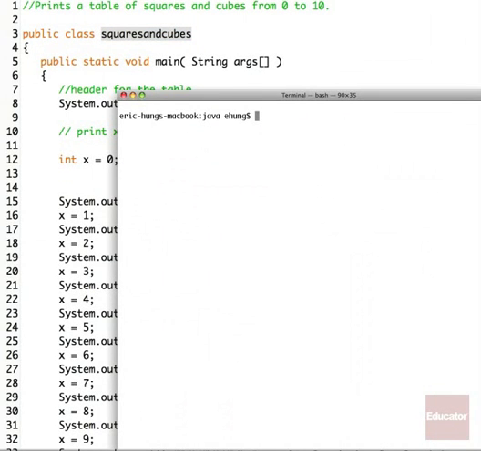All right, so I have pre-compiled all the programs that we're going to use in these later lessons. Because we already covered how to use the javac command to compile and convert your .java files into .class files, we won't be going through those steps anymore. I'm just going to assume that we know how to do that, and we're just going to run the programs. So for this program, we are going to say java, and we called this one